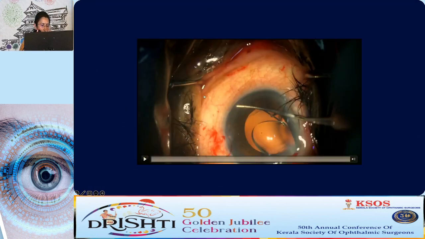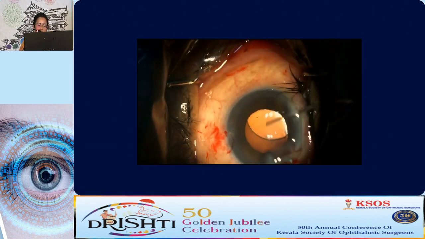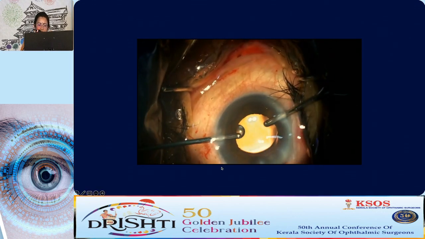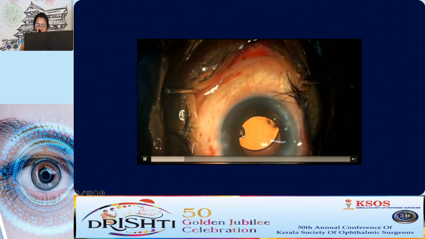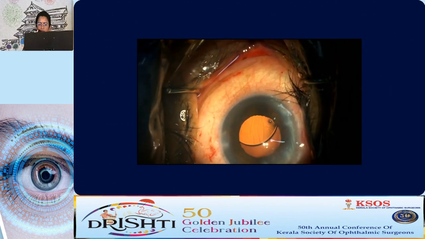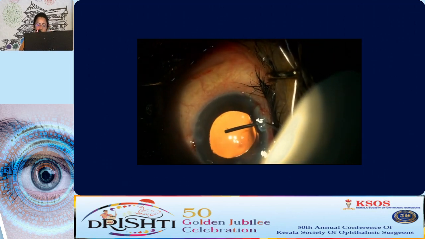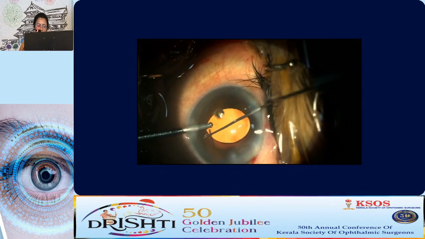Now in this case, everything was going okay till the implantation of a 3-piece lens. And during removal of the OVD, the IOL started to decenter and the air bubble disappeared. So the causes of decentration at this level are one haptic in the sulcus and the other in the bag, breaking or kinking of the haptics, or there can be some peripheral zonular dialysis